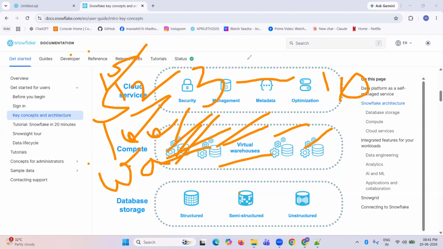Snowflake does not support indexes. Instead of indexes, we have micro-partitions and cluster keys in Snowflake. Simply remember one thing, your data stores your